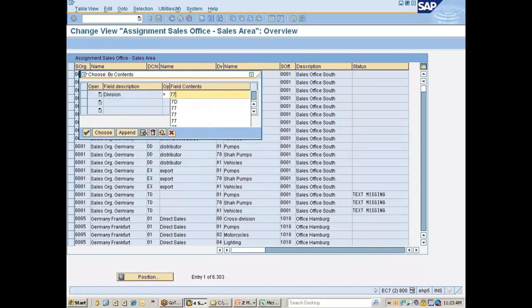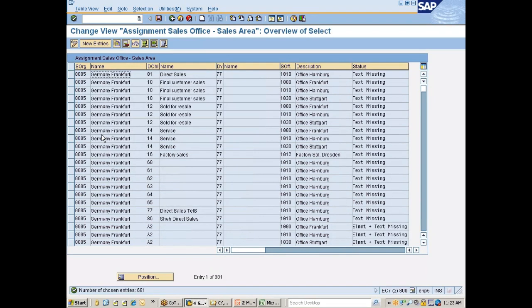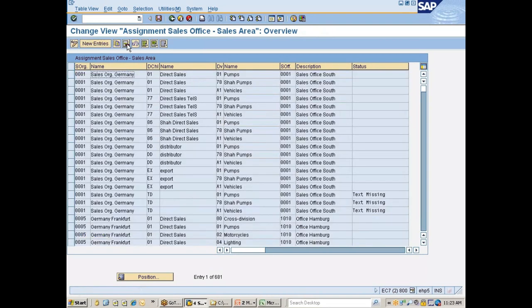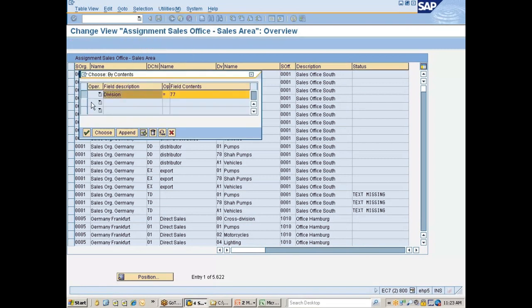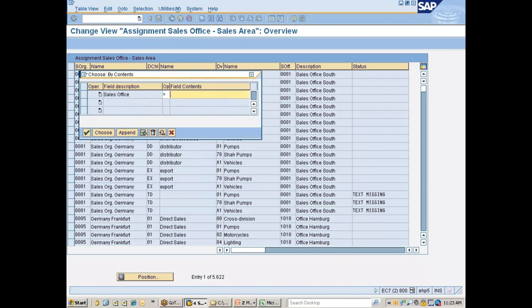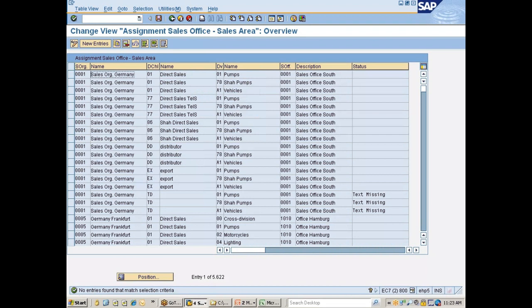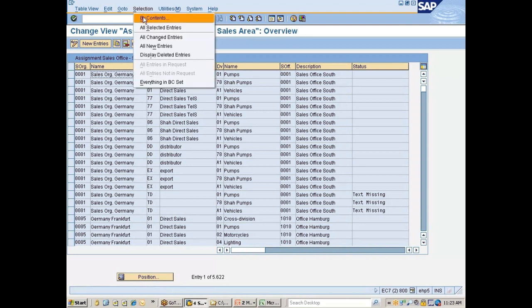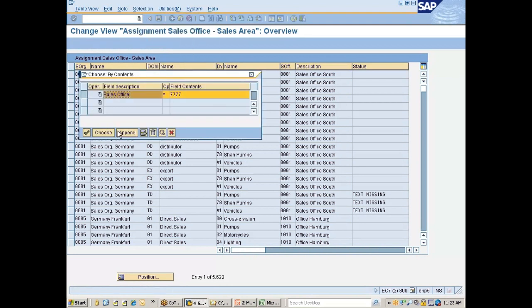Okay, another few more entries would be there, 681 entries. So you select them all, delete them, save. Once again go with content, delete. You're done with distribution channel and division, and now you go with sales office. Your sales office is 777. Choose. No entries matching this criteria, which is fine. Then selection with content, remove sales office,